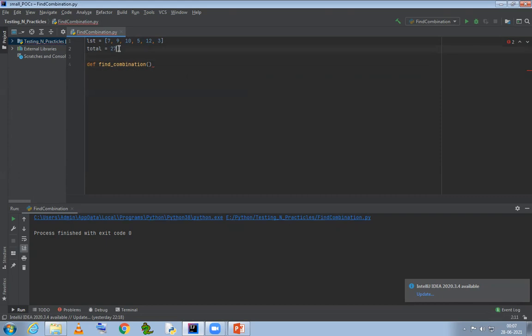Okay, so whenever we are passing this number 27, how will this find the suitable combinations? It will start from the left of this list. It will start with 7. So it will first check if 7 is equal to the given total or not. What if I had passed 7 initially? So first it's going to check for the very first number in the list, if that is equal to the total or not. If not, then it will